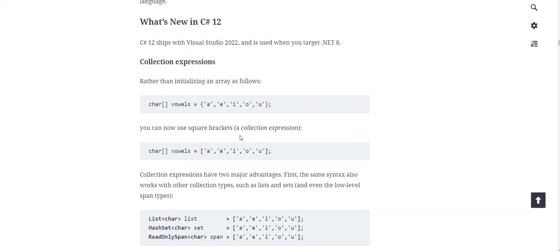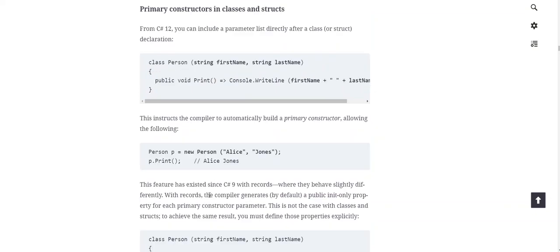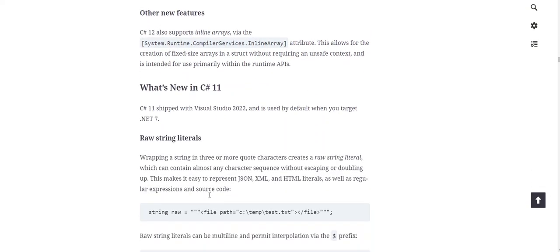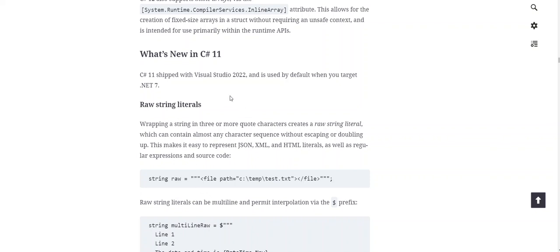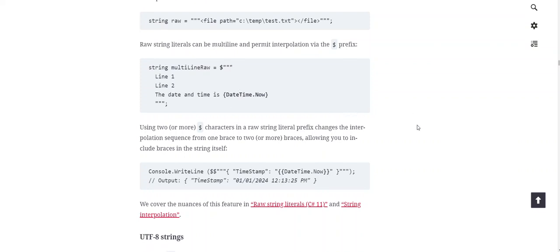Depending on what kind of data type we're dealing with, the syntax will change. This tells you the different things that have come into play, and over time, this language has changed. Just within the last 2 years, it's gone from C# 11 to C# 12. So we're using the latest iteration of C#, both via text as well as